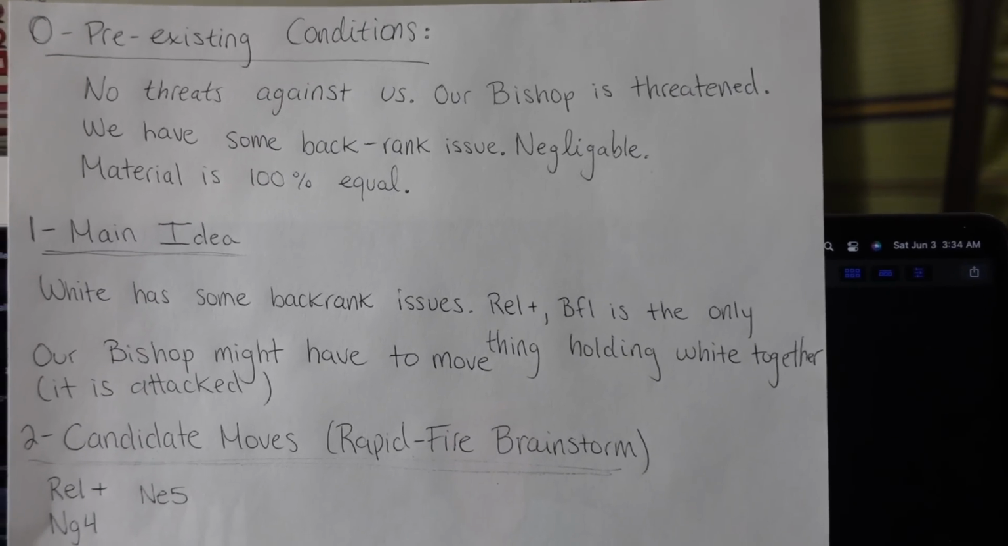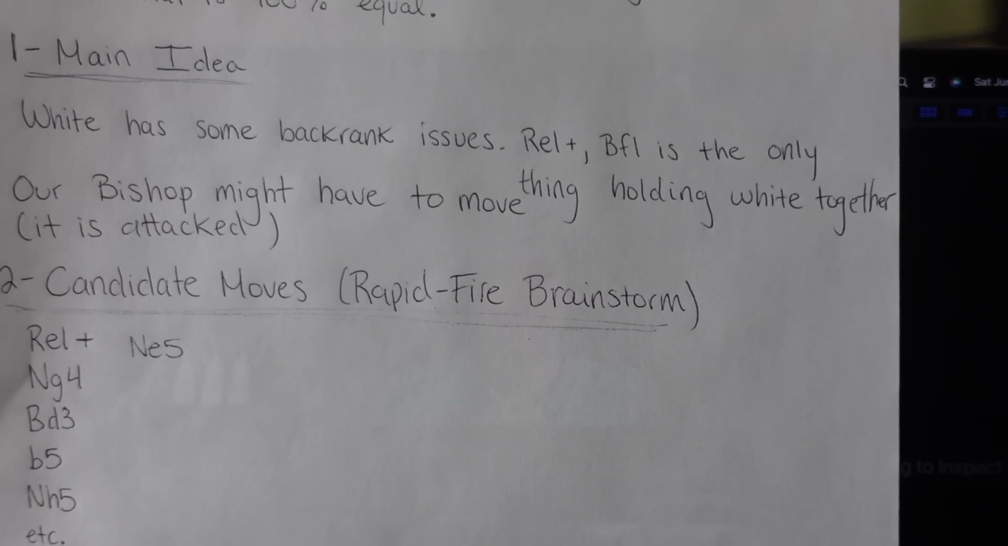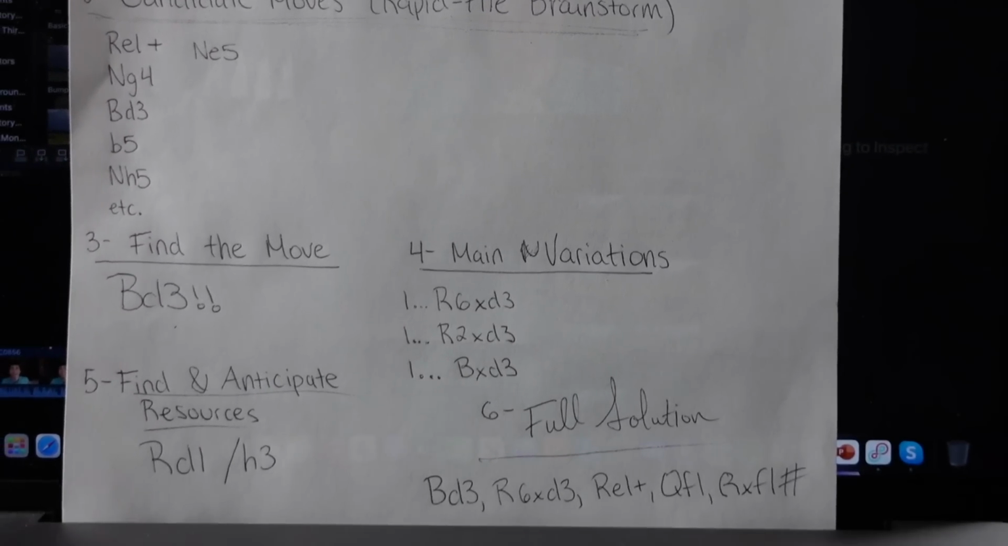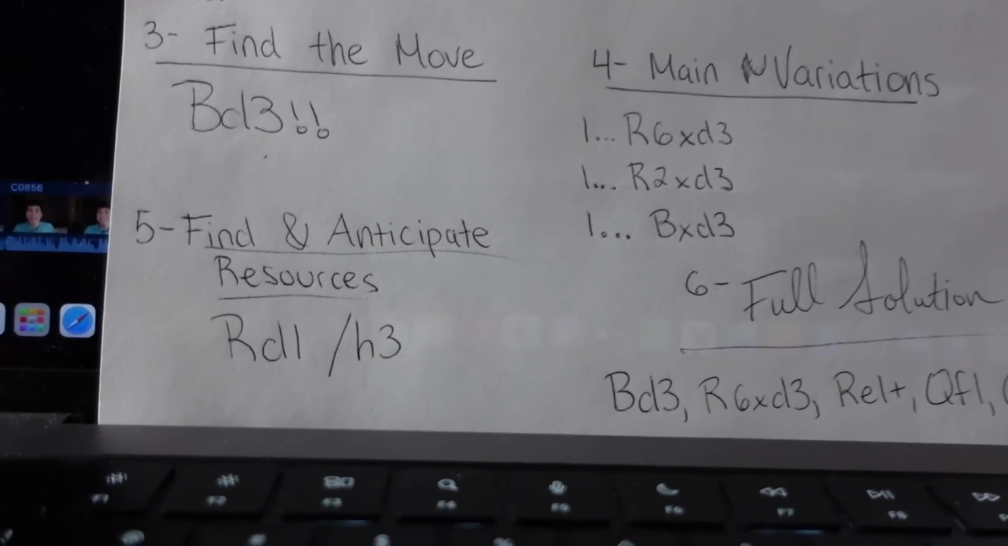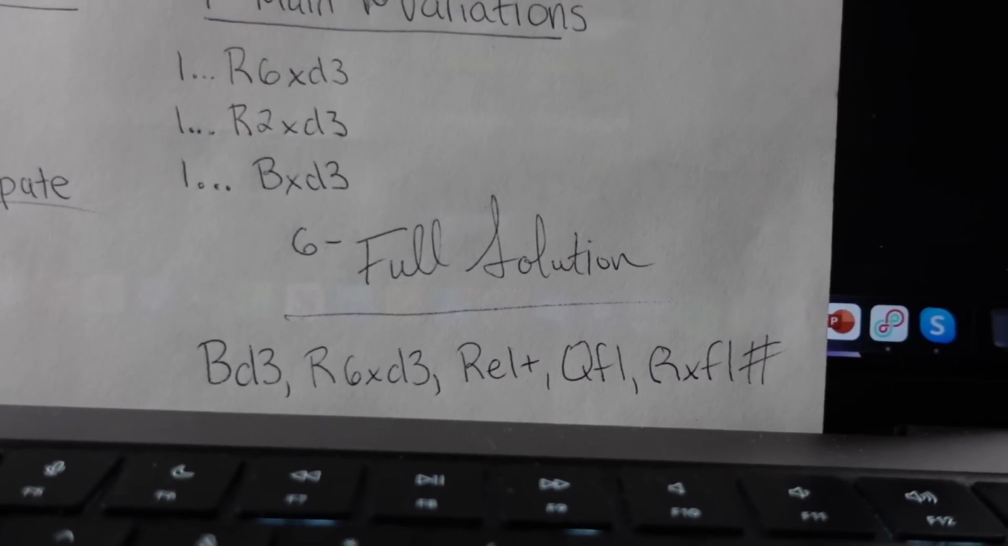This is what my answer sheet looked like. Pre-existing condition, main idea, candidate moves, find the move, main variations, find and anticipate resource, and then the full solution. You can apply this to every single tough chess problem there is. This becomes a little menial and simple